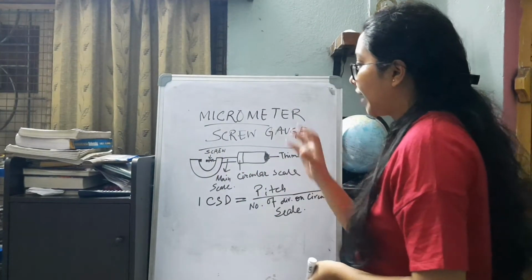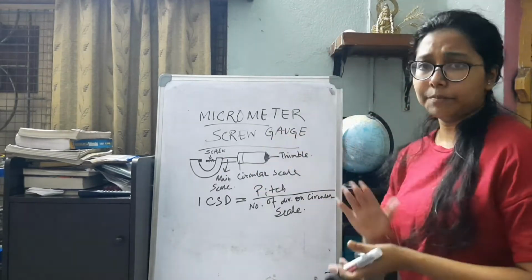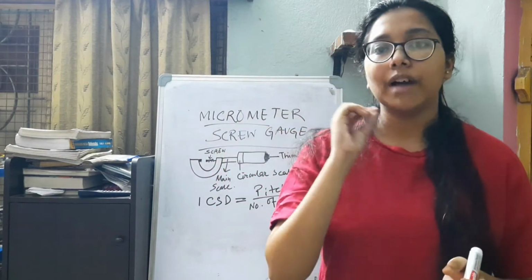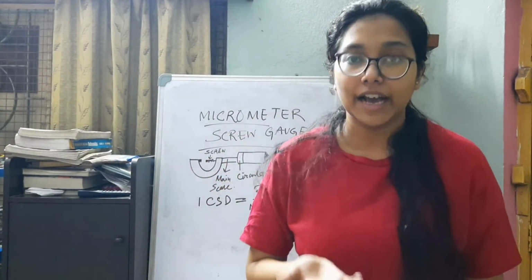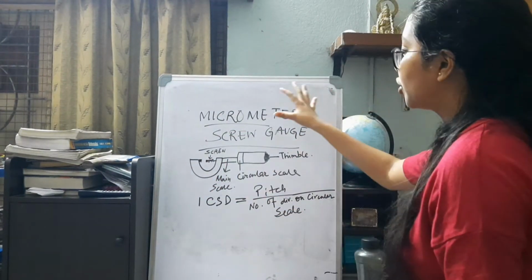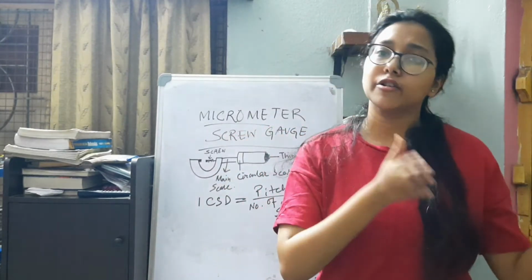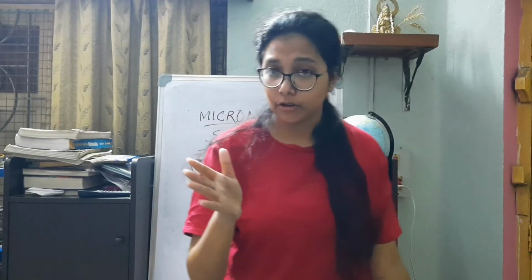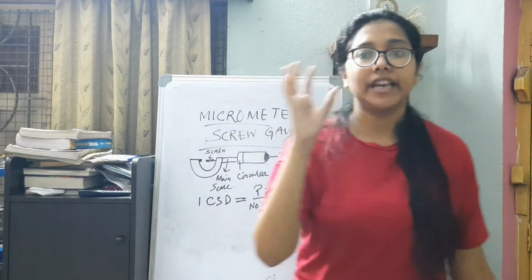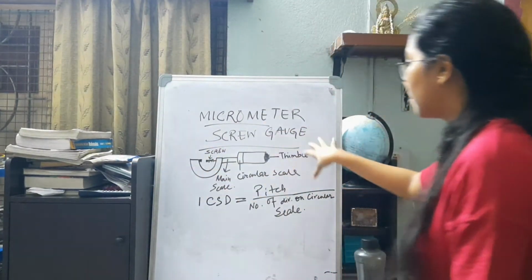So beginning with the micrometer screw gauge, it has the same purpose as a vernier caliper. But in the case of a micrometer screw gauge, we can measure the length with much more precision, with much more accuracy. In general, you can get the diagram of the micrometer screw gauge in your textbooks also. You can see it in your school practical labs also. I have just drawn a rough diagram for explaining it, so just consider it somehow.